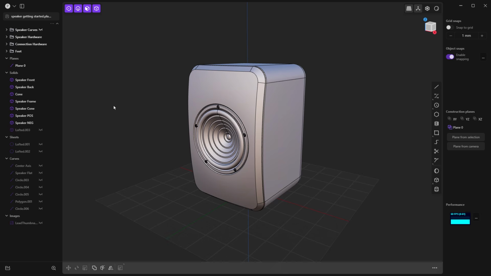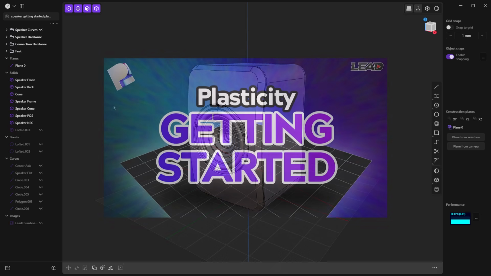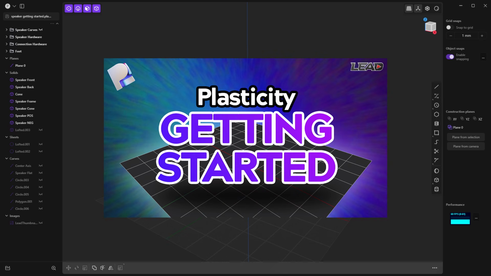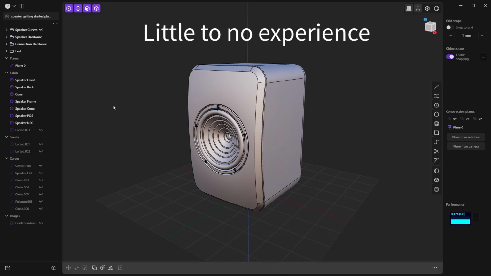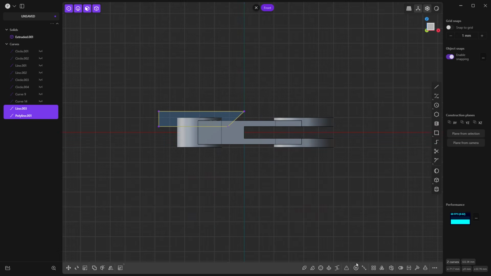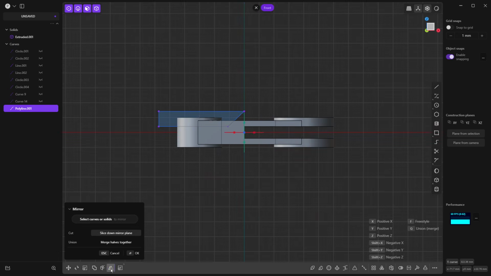Now, we have several different beginner guides and quick start guides for plasticity. We recently released one that was focused on users that had CAD experience, either coming from things like Blender or 3D Studio or Maya, or CAD programs like Fusion or SolidWorks or Inventor. That video was intended for those that had some skill and knowledge around this and really just needed help understanding how the program worked. This video is for users that have either little to no skill in any other CAD program, or they're just getting started and they need a little bit more help understanding where things are in plasticity